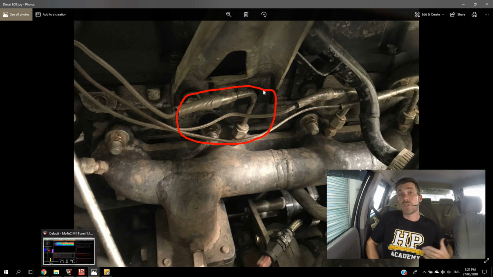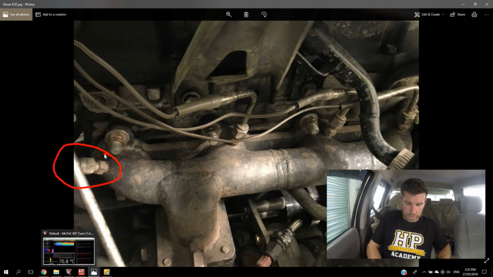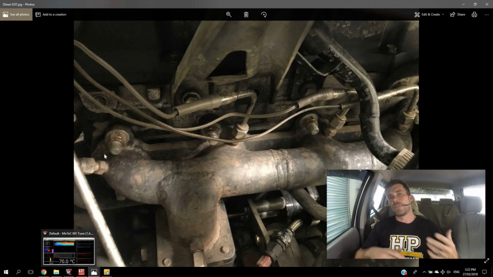It's been drilled and tapped into the steam pipe manifold that came with the turbo kit that we're running, and we have in this case cylinder 1 over here on the right hand side, and we've got cylinder 4 over here on the left hand side. So this gives us the benefit of being able to measure individual cylinder exhaust gas temperature. So this allows us for our purposes to do a little bit more data analysis, particularly around individual cylinder fueling,